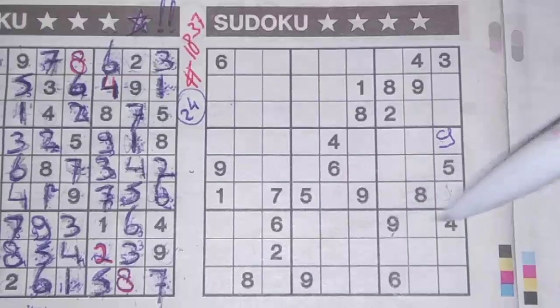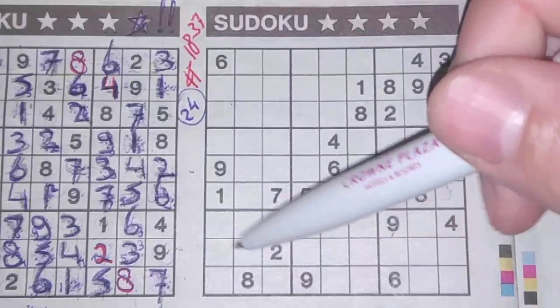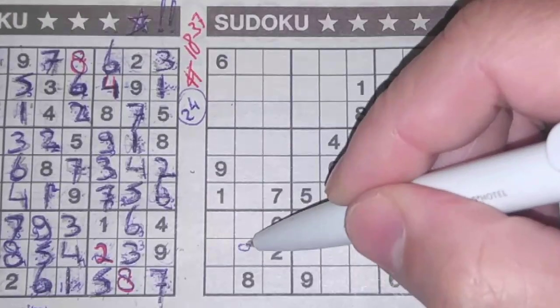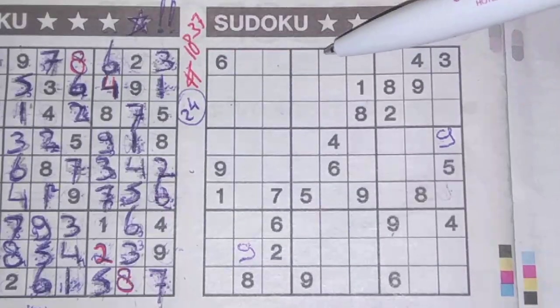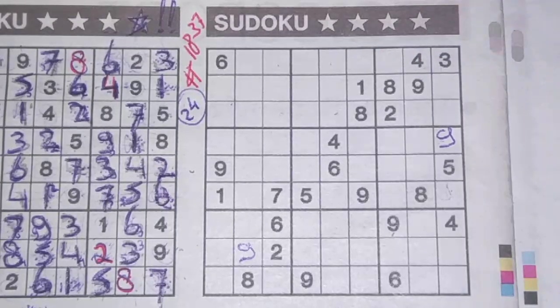9 in this row, 9 in the last row, so in the row between, the only two places for the 9 should be here or there. We see here 9, no 9 there, 9 should be there. Then cannot continue with the 9. How about the number